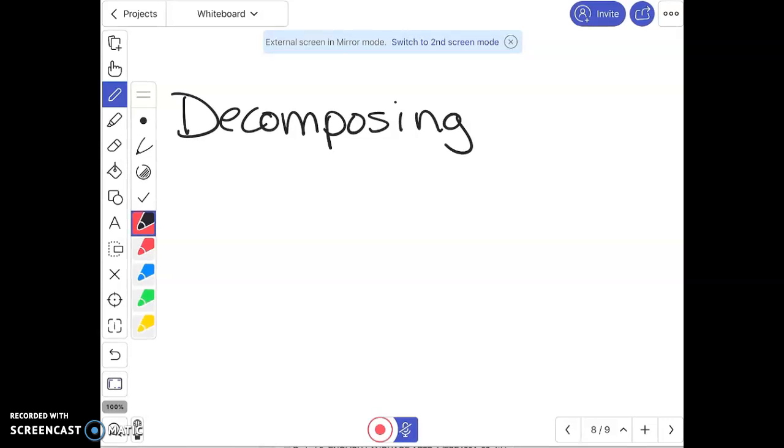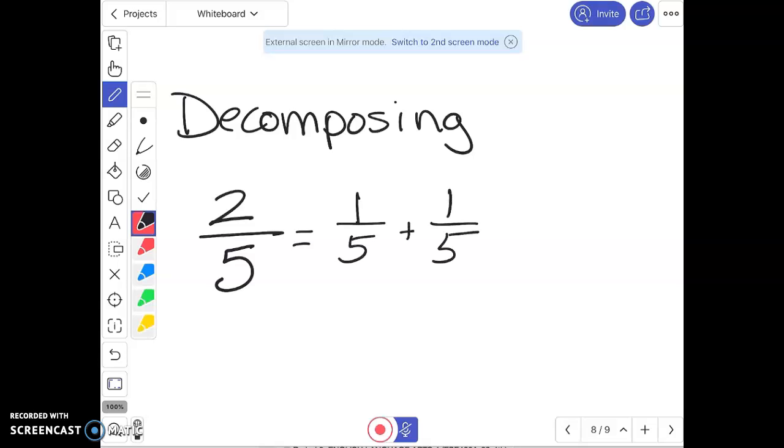If I have the fraction 2/5, I can decompose that as 1/5 plus 1/5. You did that last year because 1/5 plus 1/5 equals 2/5. You can decompose fractions in many different ways. Now, this fraction can only be decomposed this one way, but let's say I have the fraction